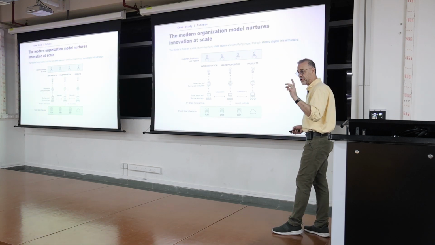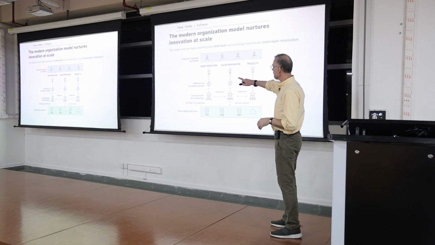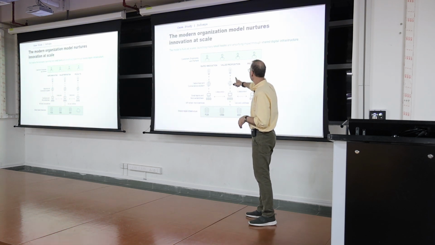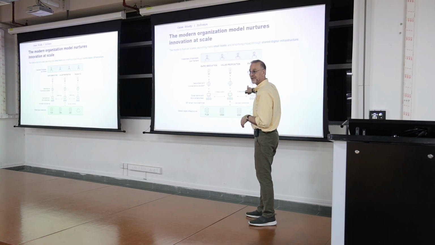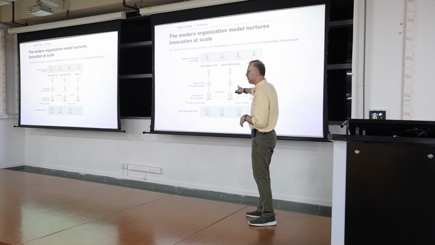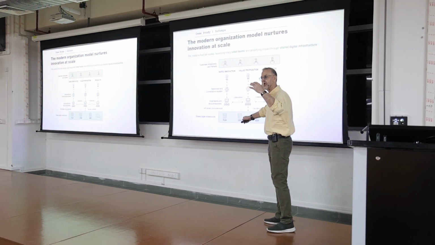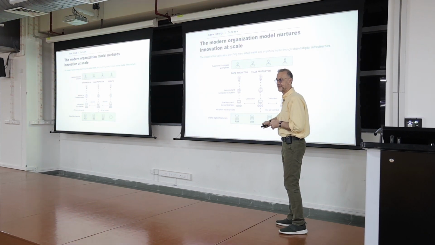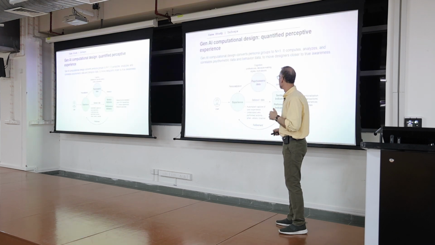So, a modern organization model. You've got customers, employees, and partners up on the top level here. What you want is rapid innovation, you want rapid propositions, and you want rapid products that are happening across here. They need to be networked and they need to be connected. You want to be able to do things with small teams as quick as possible, but you want to have collaborative creation so you have these results coming across here. And when you do your data systems and your underlying infrastructures and digital backbones, they have to be architected in order to account for this. So it's all a complete picture through here.